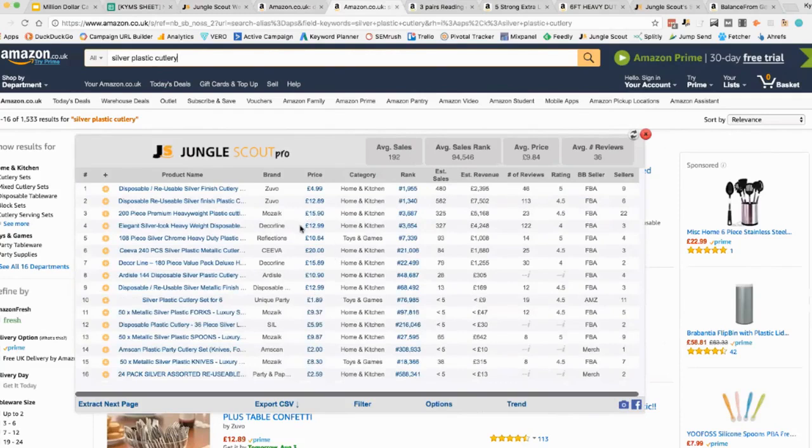Yeah, they are a little bit. Estimated sales not as high, I guess, because we've drilled down more into the niche, but still pretty legit though. I think that would be over 1,500 if you added those up. It's not as competitive, and the prices are a little bit higher. So that'd be something to think about, and that's actually a good